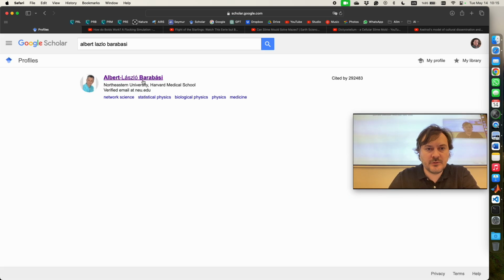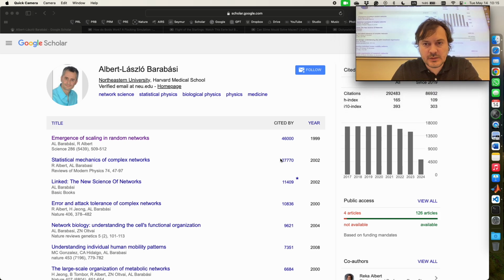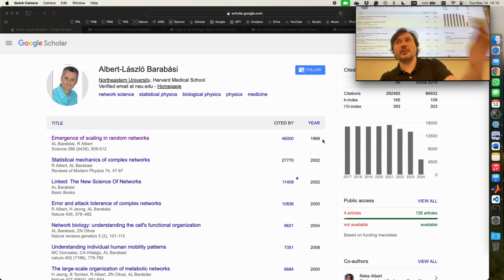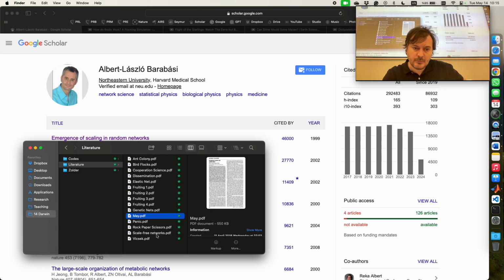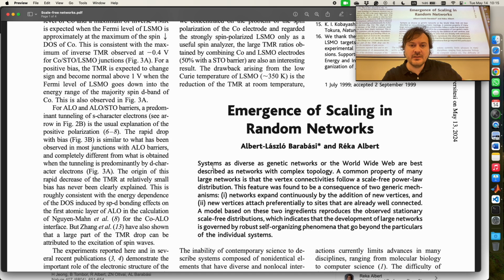So, let me just show you his profile. And you see, like, huge success in network science, starting from 1999, together with the internet. And in particular, this paper could be interesting to you. Let me just briefly talk about that paper. So this is emergence of scaling in random networks. So they look at all these kinds of different networks, including the World Wide Web, and they realize that there's